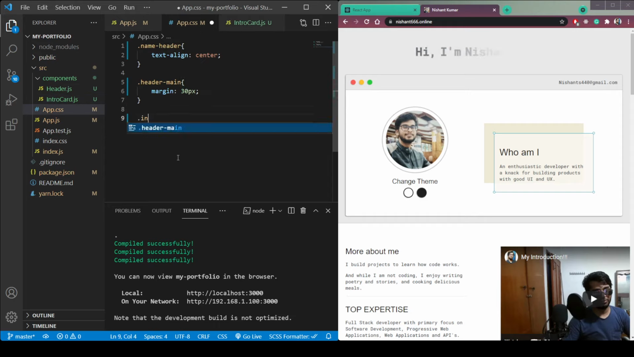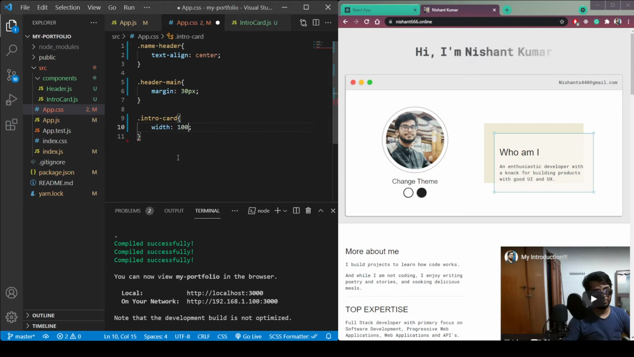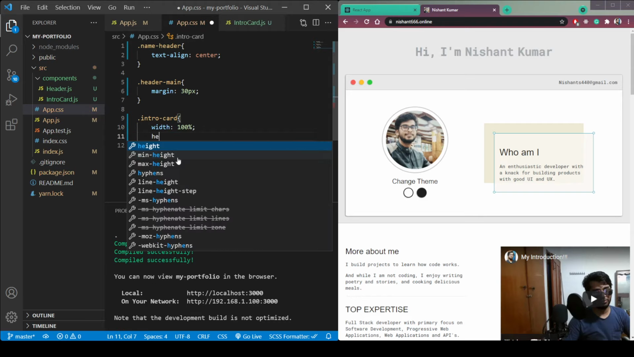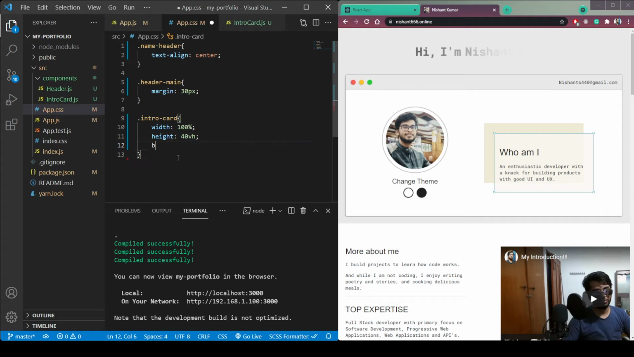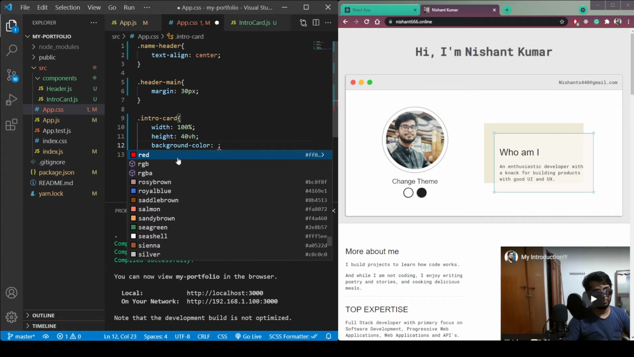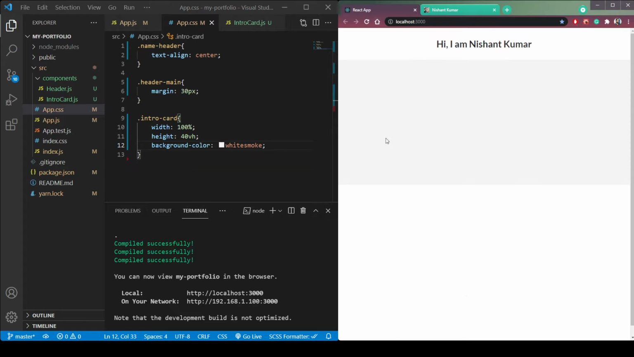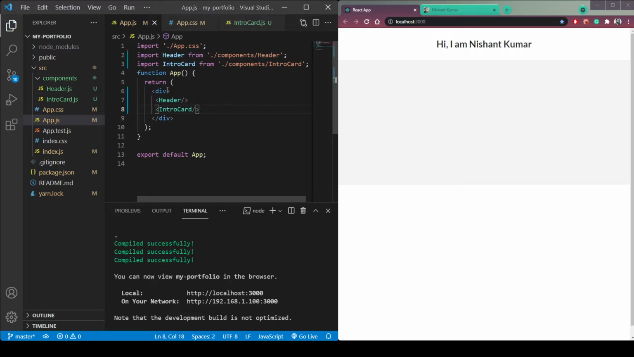In the CSS file, intro-card width will be 100%, height 40vh, and background color of, let's say, white smoke. You can see this card, this is now our card, and let's in our App.js give this main div a class name of portfolio-main,